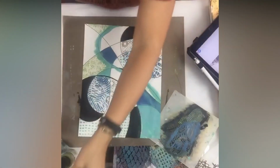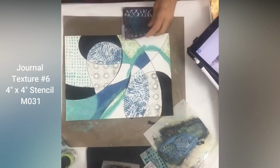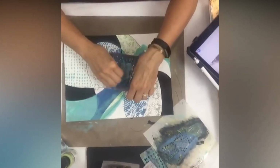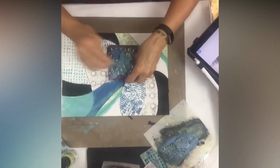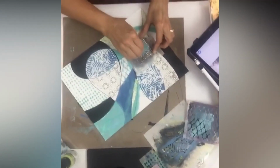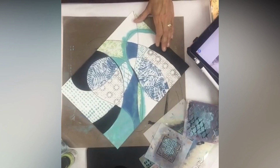So rather than finishing this up, and I guess we're actually pretty close to finishing, maybe I just will real quick. All right. I'm gonna finish this up real quick. Boop, boop, boop, boop. See how fast I can do speed stencil maybe. And get some more paint on here. This is a great way to utilize stencils that have all these little baby marks on them, you know, because you can,